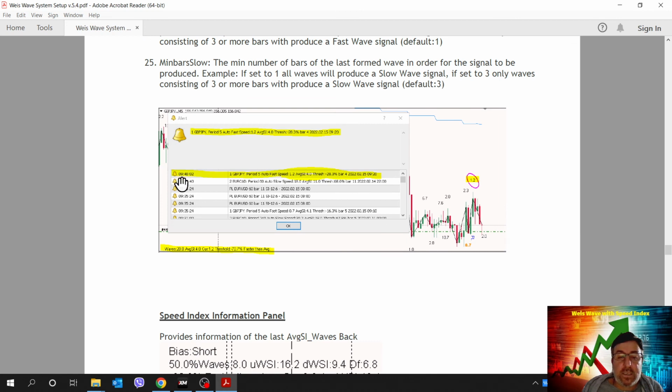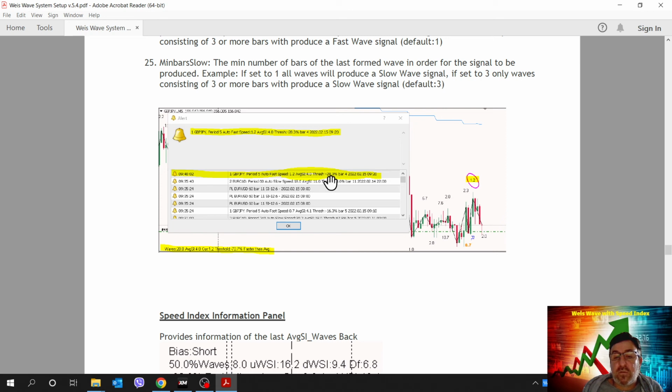Okay, this is how the alerts come out. For example, it says 940 GBP JPY period 5, which means the fast period 5 minutes, the 5 minute. We got an auto fast speed wave, which means we got a wave of 1.2 while the average was 4.